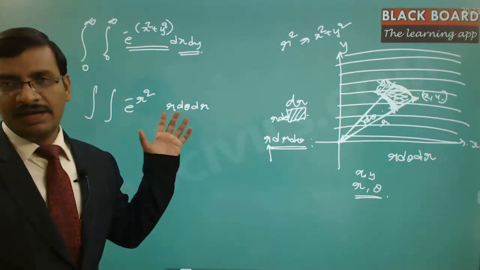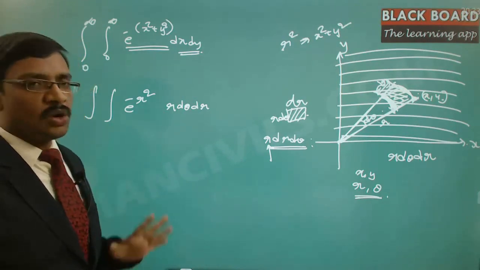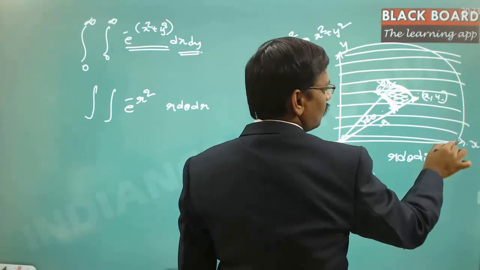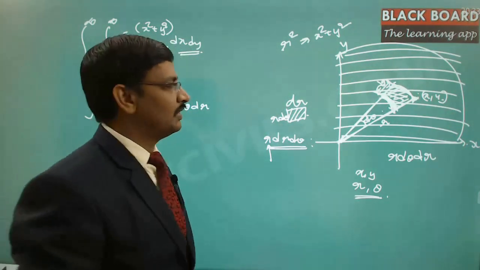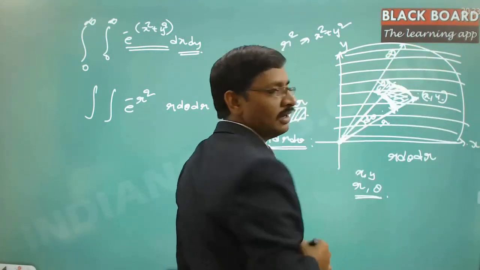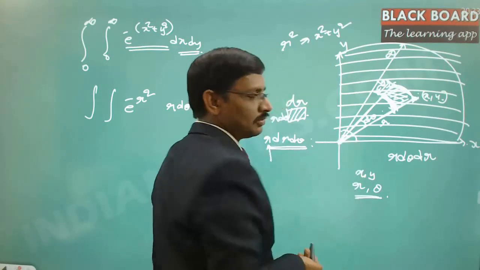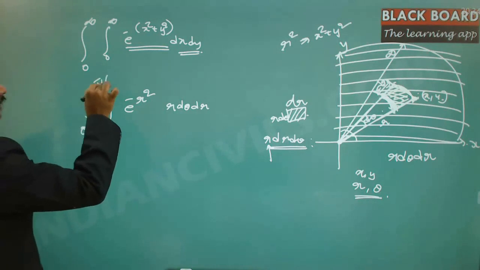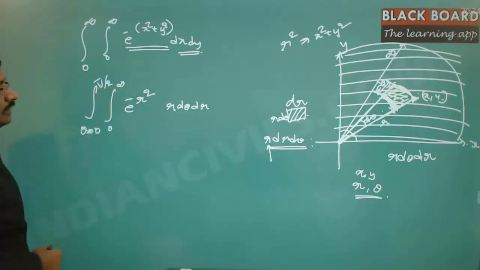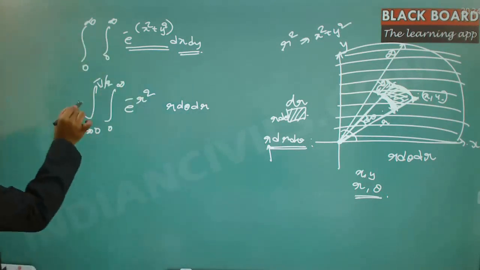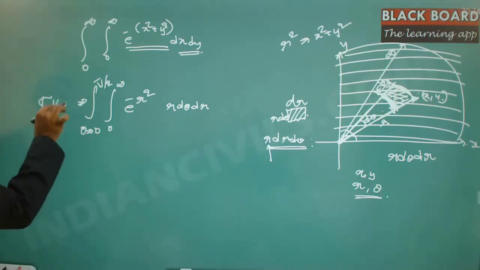This is the integral value inside, and the limits now you have to put in the polar coordinate system. To cover the entire first quadrant in polar coordinates, the r value is changing from 0 to infinity, and theta is varying from 0 to pi by 2. So this can be replaced as theta varying from 0 to pi by 2, and r varying from 0 to infinity, e power minus r square r d theta dr. This value is gamma of 1 by 2 whole square.